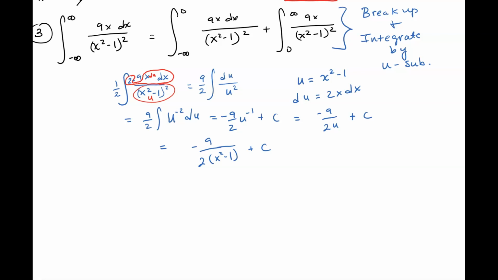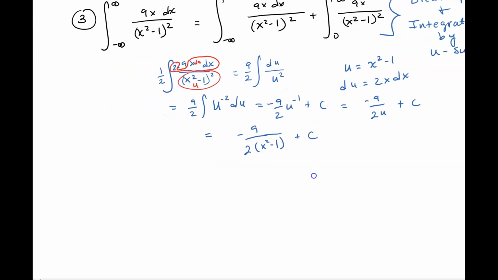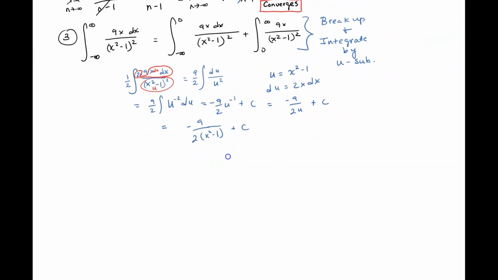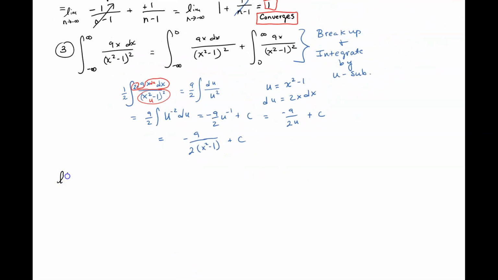The only thing is that we need to go in and specify the two bounds that we're looking at. So we're going to first take the limit, and we can say the limit as n goes to negative infinity, in this case, of, well, we've already integrated it, so I'm not going to worry about that. But we're going to say negative 9 over 2 times x squared minus 1, evaluated from,